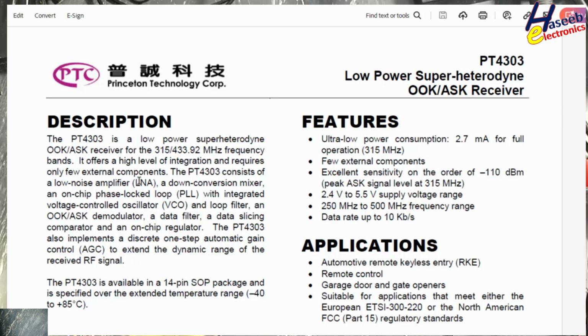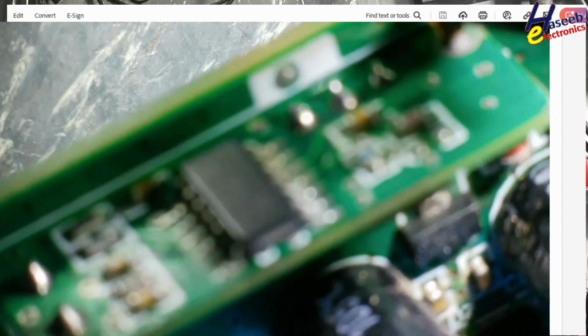It offers a high level of integration and requires few external components. There are very few components.